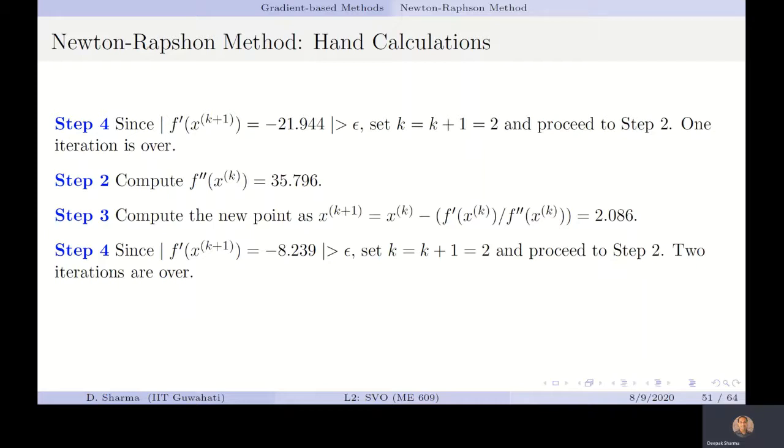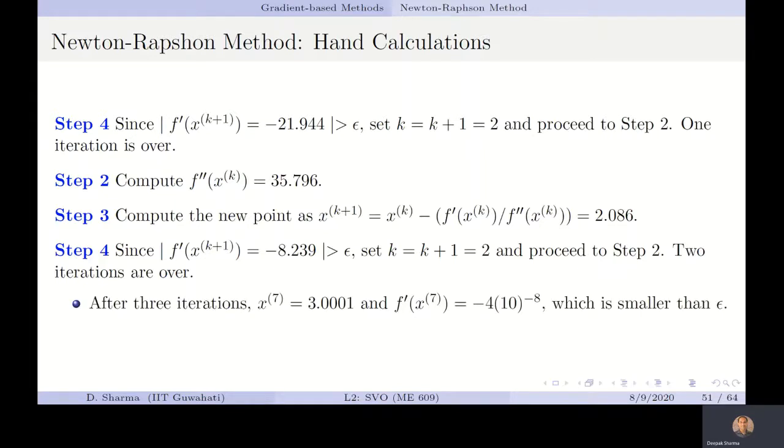So numerically, we will be doing 2 iterations. Here, one thing you please make sure of: when you are writing a code, the derivative or double derivative you will be calculating numerically, so you have to write a code for that. And when you are solving a problem in an assignment, or some kind of small exam or quiz that I will take, then you can use hand calculation, where you actually differentiate the function as df by dx, and whatever the equation is, putting the value in, you will get the answer.